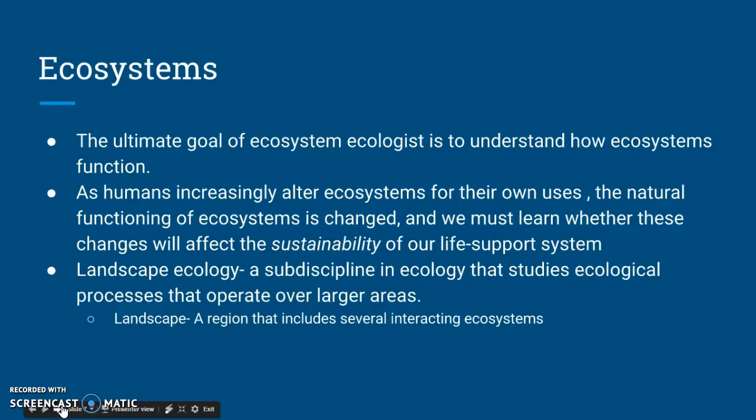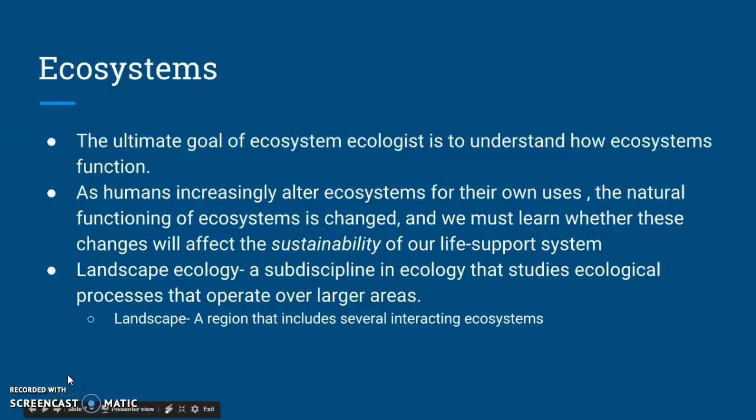So ecosystems, the ultimate goal of an ecosystem ecologist is to understand how ecosystems function. As humans increasingly alter ecosystems for their own use, the natural function of ecosystems is changed. We must learn whether these changes will affect the sustainability of our life support system. What that means